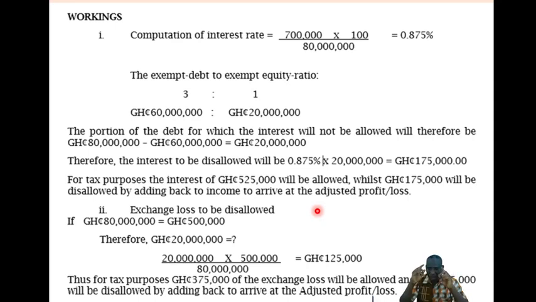I repeat. So when you are writing, say a company which is not a financial institution, that's how we normally write it. A company which is not a financial institution, because it does not apply to financial institutions. Because what I'm saying is that if even it's a financial institution and they want to outwit the people through a tax avoidance scheme by pushing more debt to the bank than equity and charging high interest to the bank so that the bank can pay them higher interest so that we'll charge it in accounts and all that.